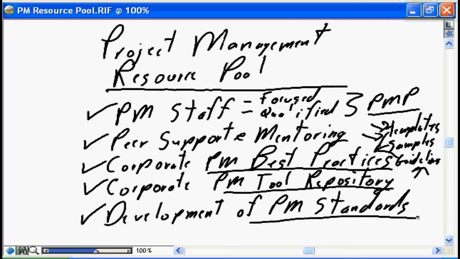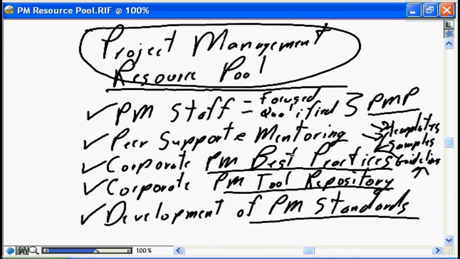It doesn't matter if the project is being delivered by Project Manager 1, Project Manager 2, or Project Manager 3. The PMO, as the owner of the Project Management Resource Pool, ensures that we have project management best practices, a project management tool repository, and a set of project management standards that define how projects are delivered,